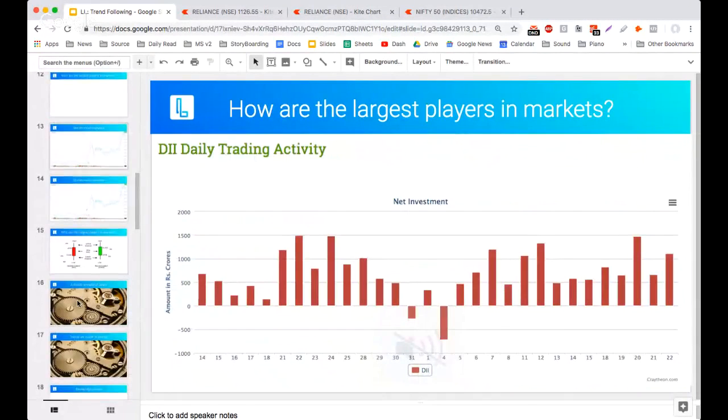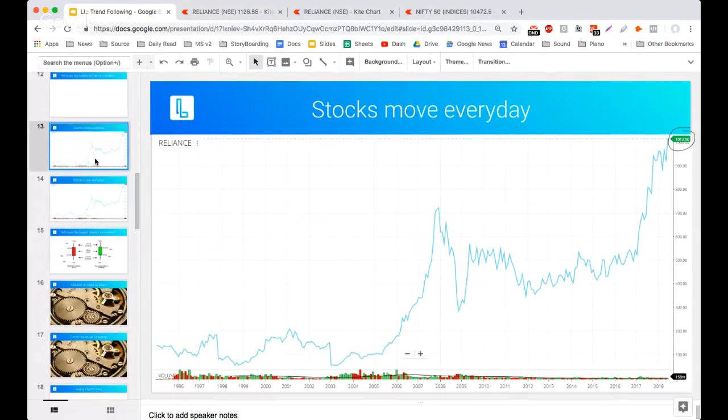The first thing I want to jump to is this. You see this? This is Reliance. This could be any stock. And this is from 1996 all the way to 2018. Look at this very carefully. We have Reliance going from less than 100 rupees to 1,000. What a move in a very long period of time. But you notice this is just a line. Can you tell me, people who don't know candlesticks, what line is this? This is the price of Reliance, right?